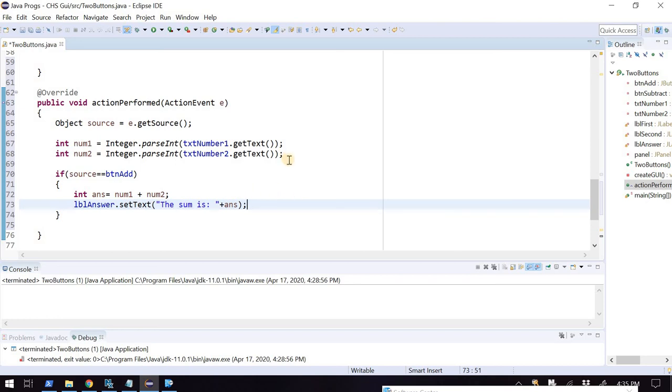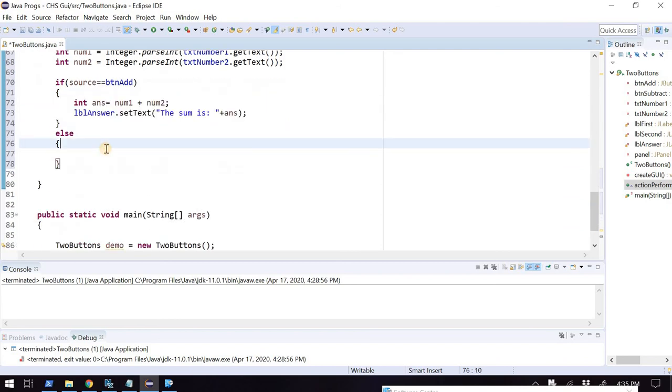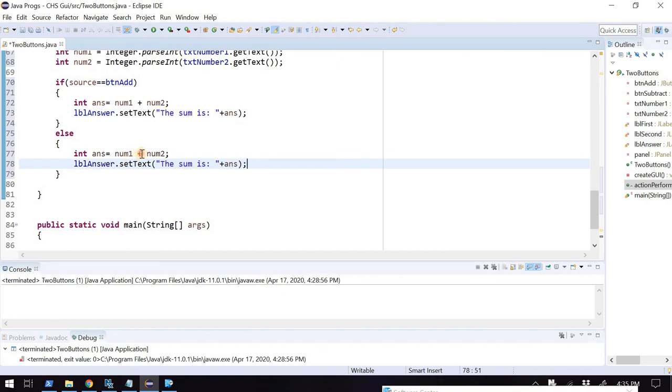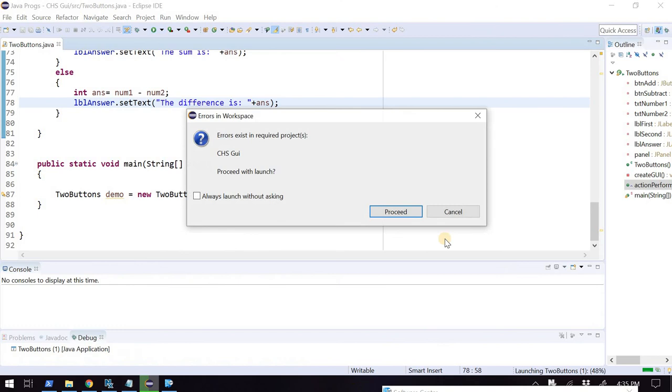Okay, and otherwise, we'll just do the subtraction. So we'll say else, and I'll just copy, and we'll paste, and we'll subtract, and say difference. And that should do it. It's time to test it. Save this, run it,